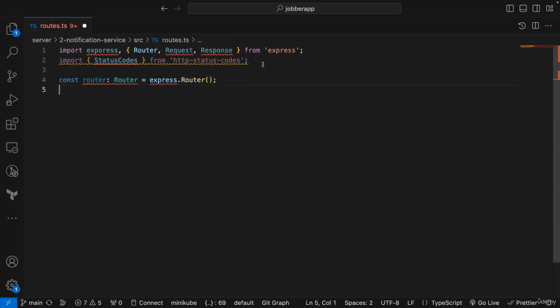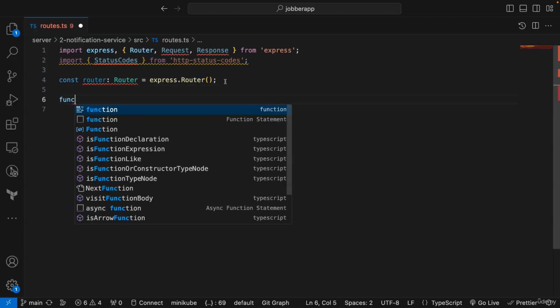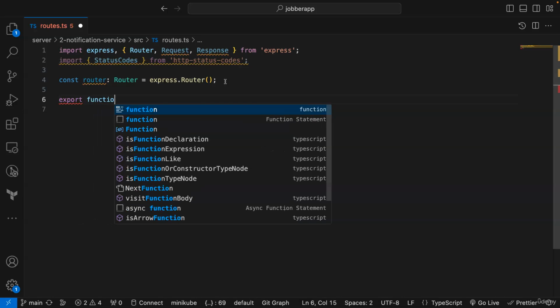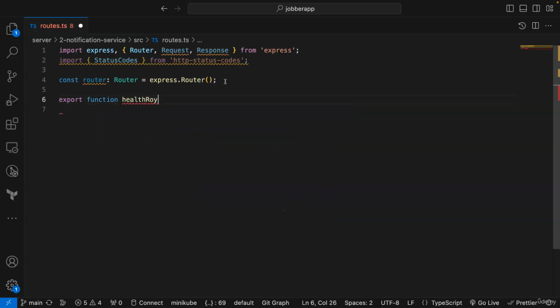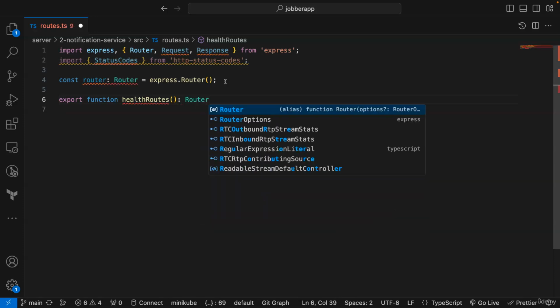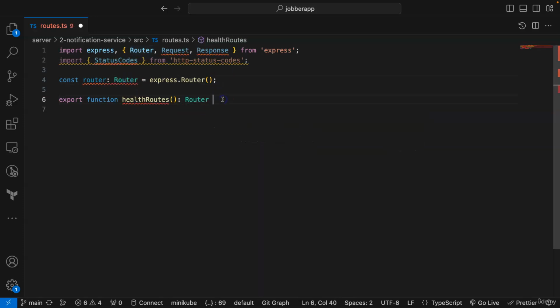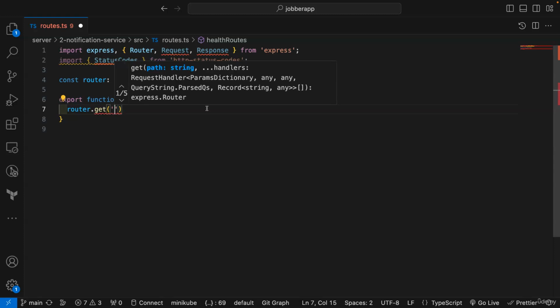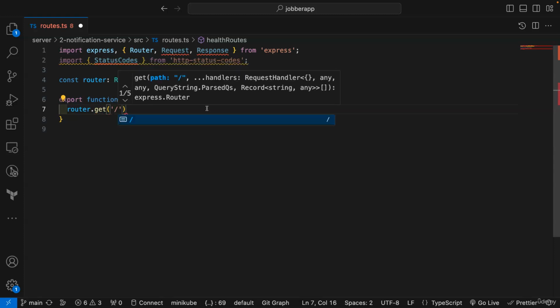Now let's create the health route. So it's going to be a function. You can do export function. I'll call this health routes. It's going to return a router. So the return type is router. Okay, and then we're only going to add one route, which is the get route. So here I will say router.get. Okay, now what is the path? You can add whatever path you want. So here it's going to be